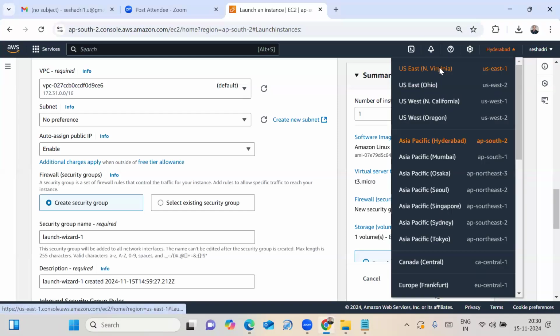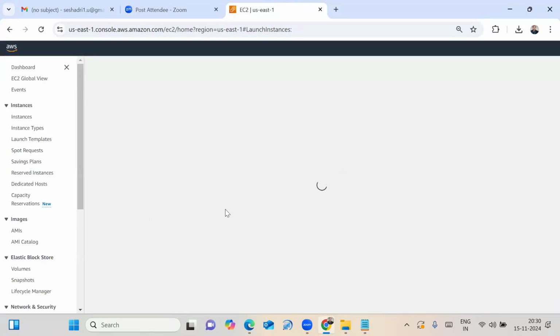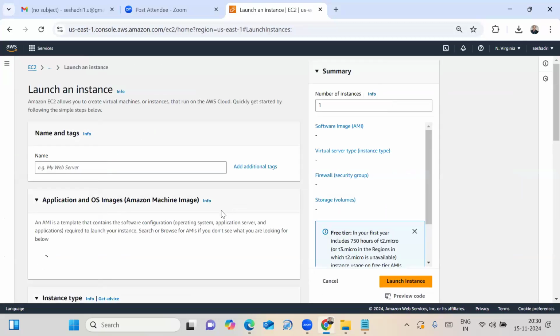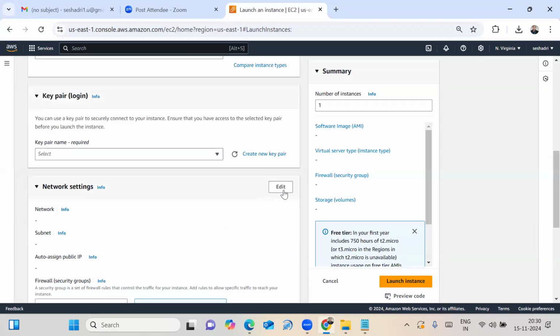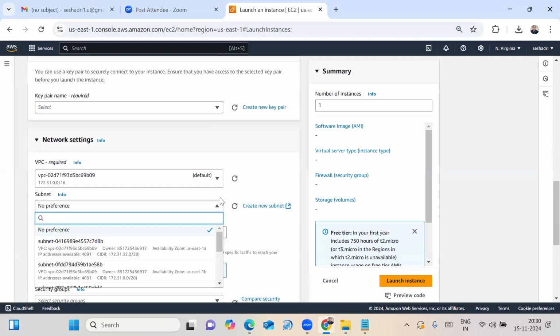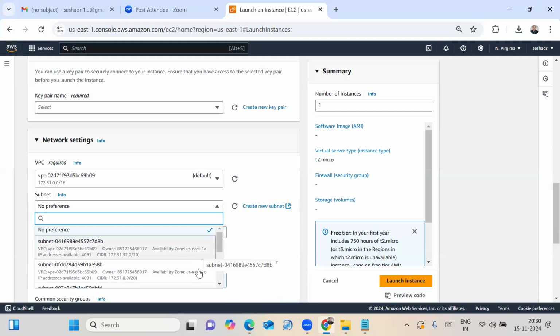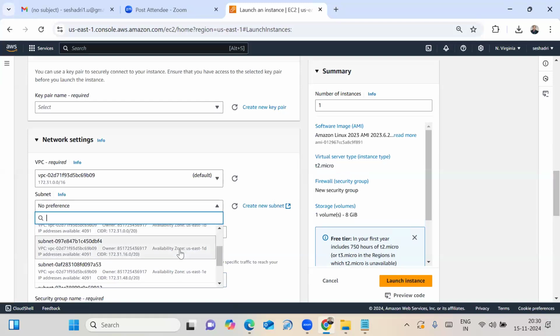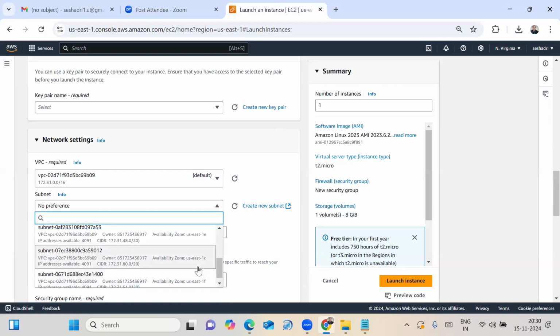Similarly, if you look at the North Virginia region, we come to the network settings, the edit option, and subnet. We'll see how many availability zones there are: US East 1B, US East 1E, US East 1C, US East 1F.